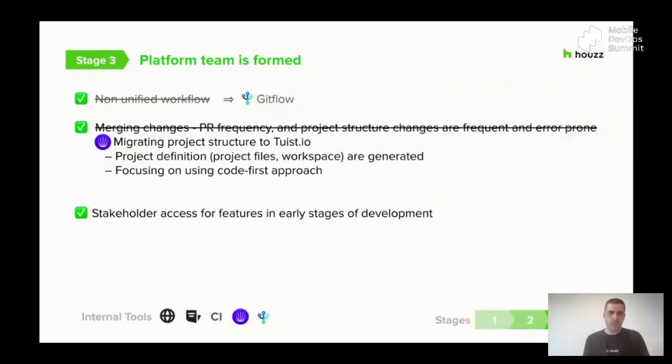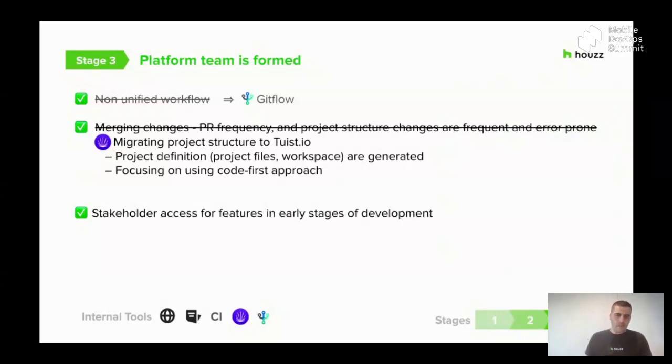For the other issues, this is where the platform team came into play, because the biggest issue that we had was builds failing because of complex merges. Our reality was that we had a lot of moving parts in parallel, and as we were evolving our second project, the project structure was changing on a weekly basis.